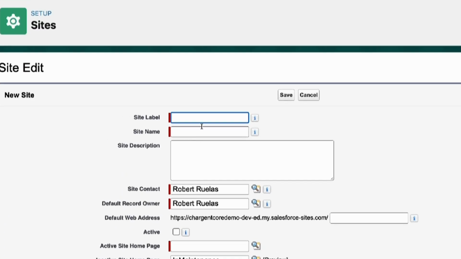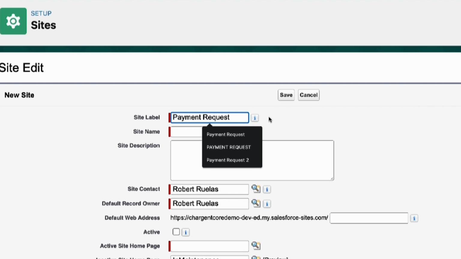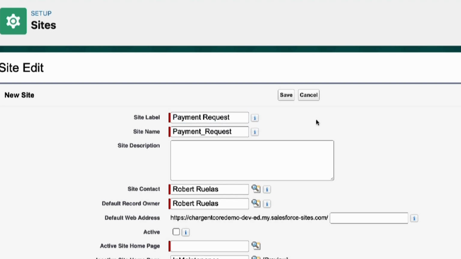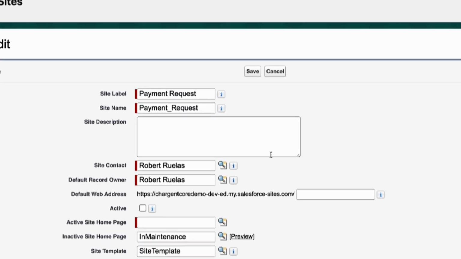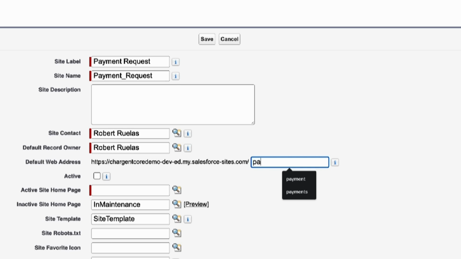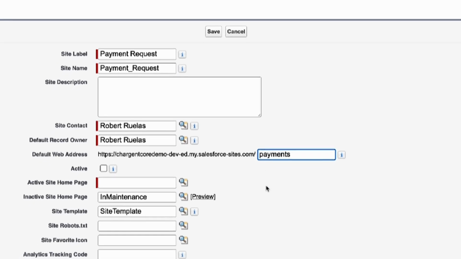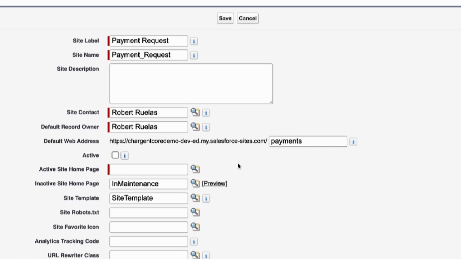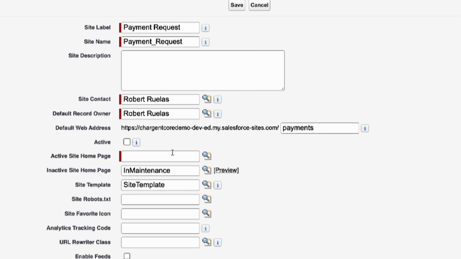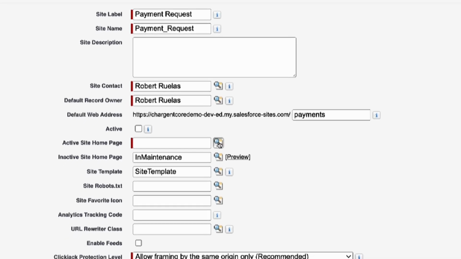Choose the site label and site name. Choose a name that you can easily identify. You're going to need it later in your payment request setup. Under the default web address, you have the option to add a unique Salesforce site URL for this site. Unless you configure a custom address through a domain name registrar, this URL is the one that the public uses